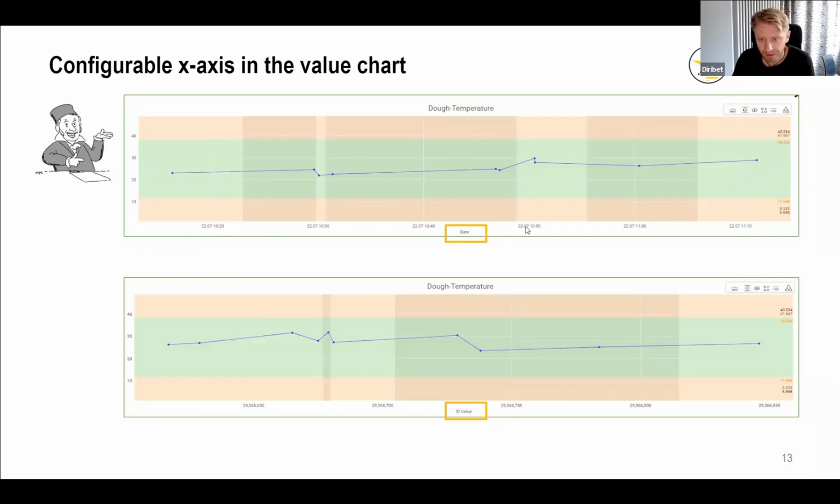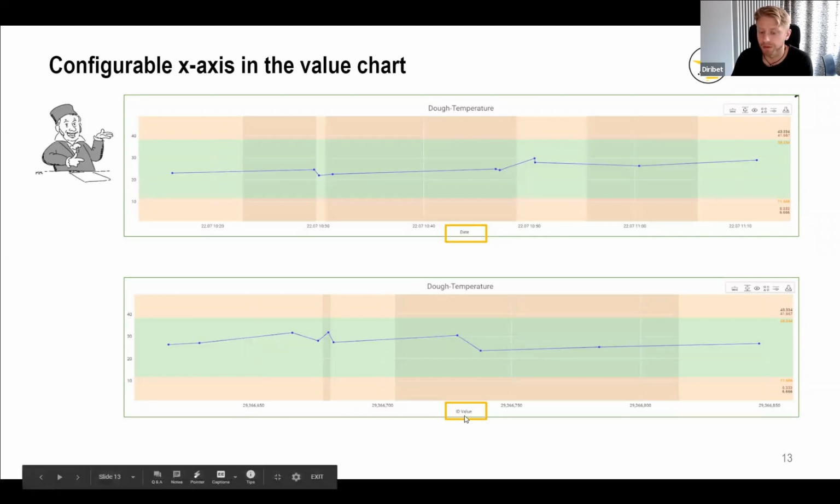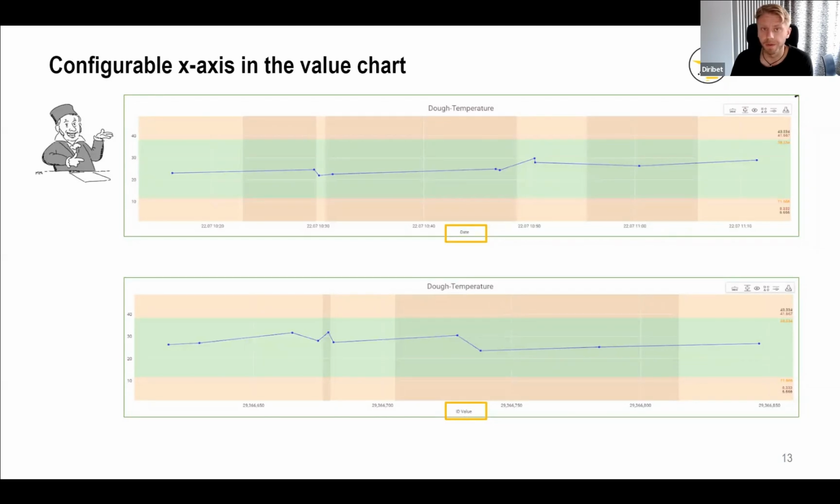There you can see date values, but these exact values I can also present in the value chart and separate them by the ID of the value. This ID of the value is the ID from the database, but it could also be the ID of the part, for example. Or, for example, if you make